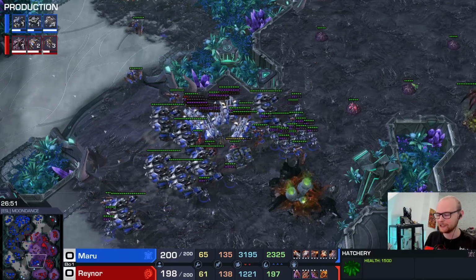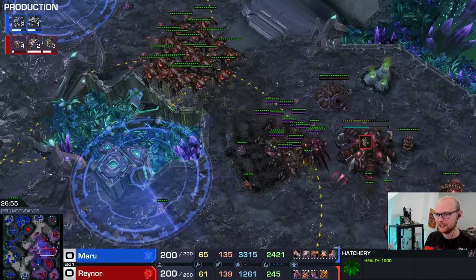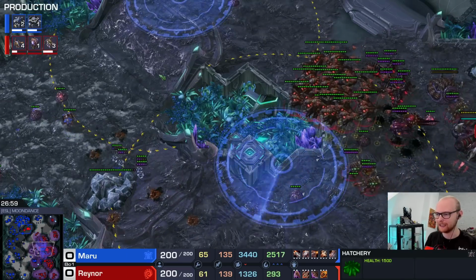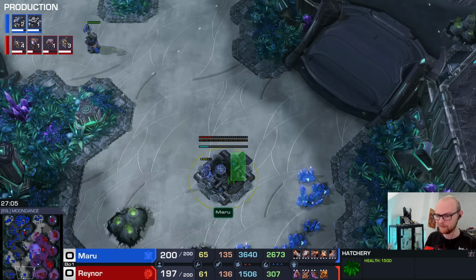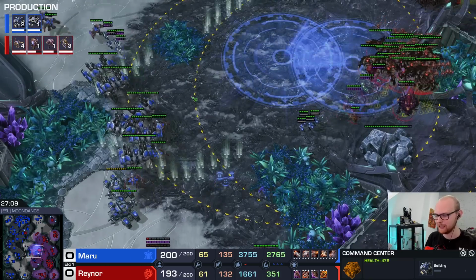And yeah, like I said, you want Hellbats to deny the Broodlings, because Broodlings will block all of your Thors, and your Thors are not going to be able to shoot. But if you have Hellbats, Broodlings disappear pretty much instantly, and it allows you to snowball the game back into your favor. Now, Maru's even going to get this base, which is just insane. Maru is going to be the one up in bases, which...